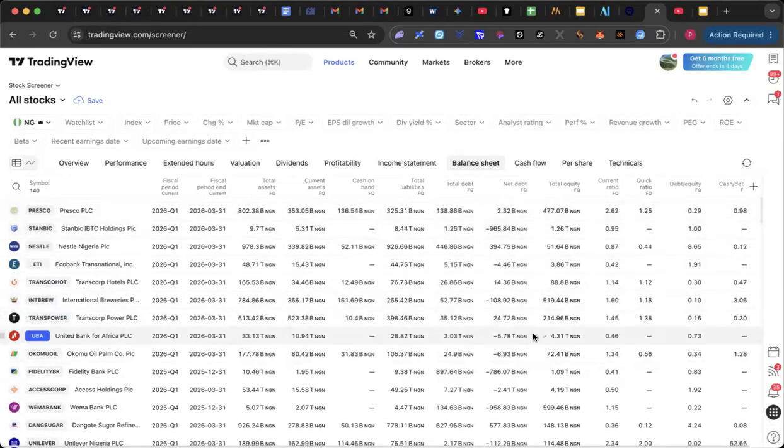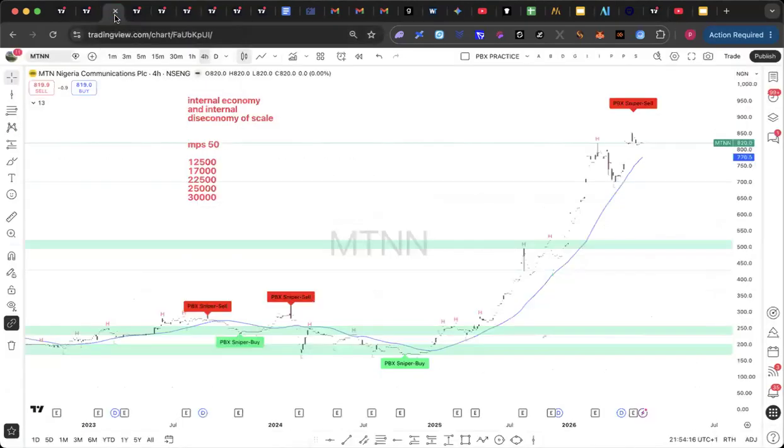You can't interpret all of this data just to get an aha effect, to understand that I'm actually doing myself a favor by not having MTN shares, not having BOA cement shares. If you are into real estate or building infrastructure and you don't have BOA, you have what the president of